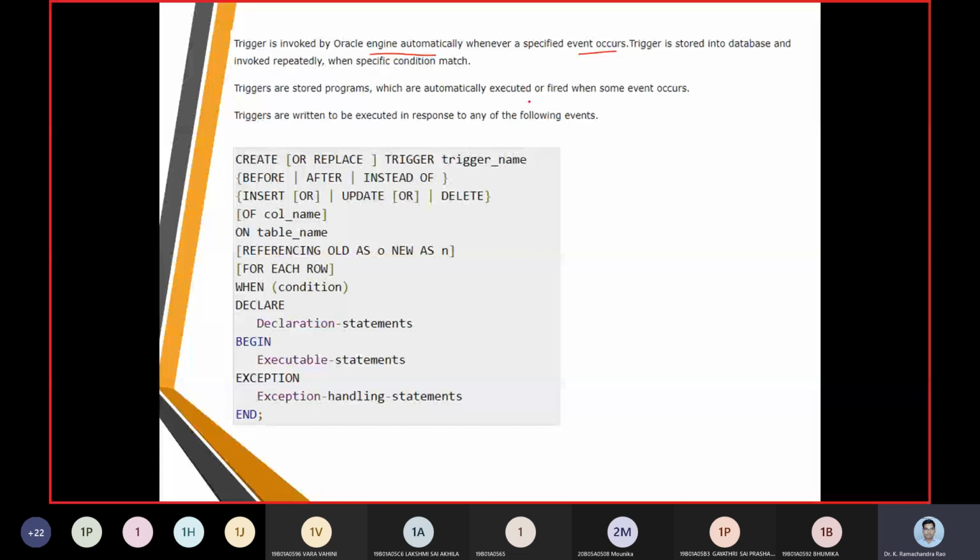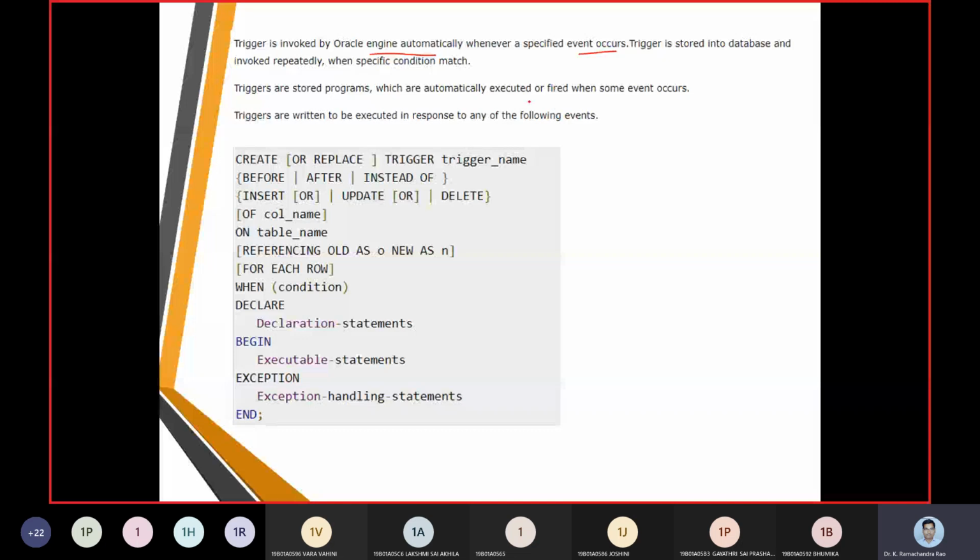Okay. In Java, we have the print line statement. Similarly, in C++, we have the cout statement. In C, we have a printf statement. But in PL/SQL, we have the statement called put line, to display it on the output screen.